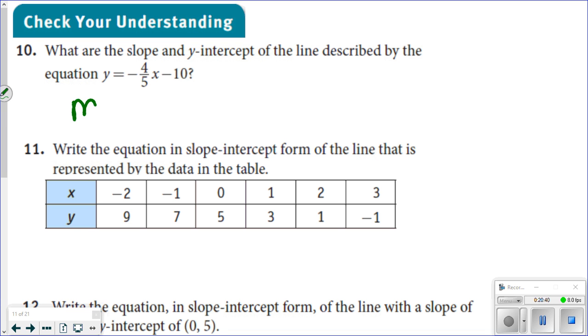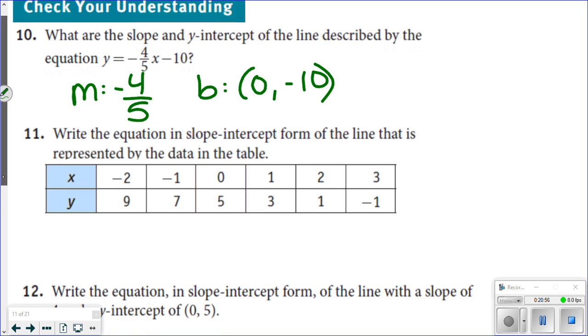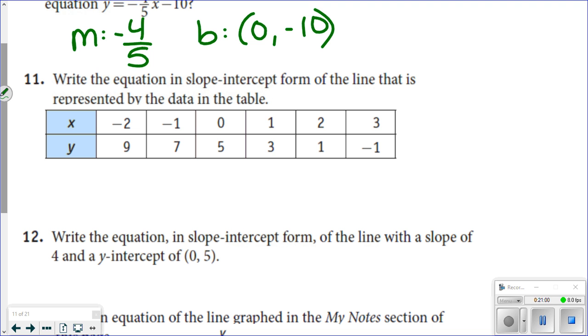The slope of this line is negative 5 over 4. Your y-intercept here, your b value, is 0, negative 10. Now, question 11 wants us to write the equation in slope-intercept form, but in order to do that, I need a slope, which is my m, and I need a y-intercept, which is my b value. Well, we just talked about how to find the slope from a table. This table is horizontal instead of being vertical,